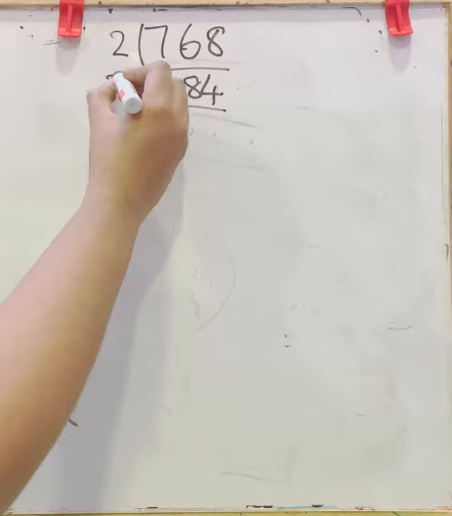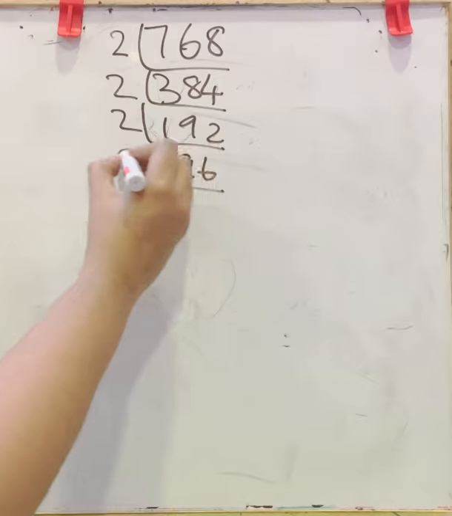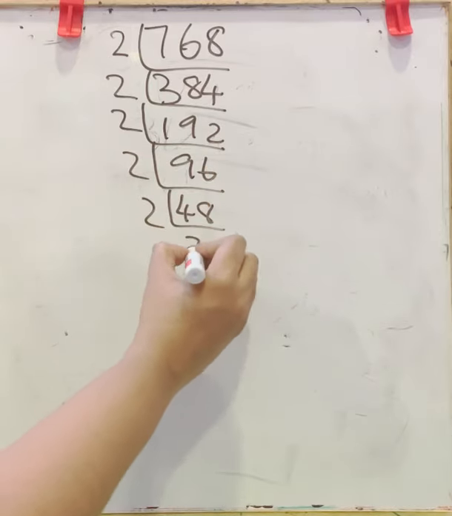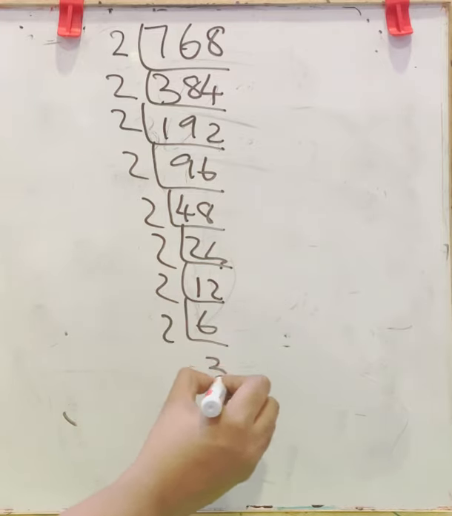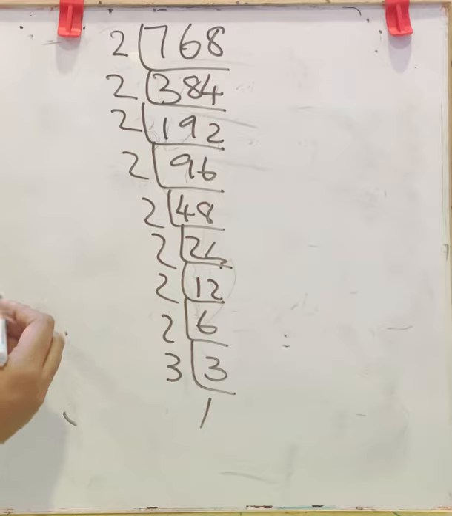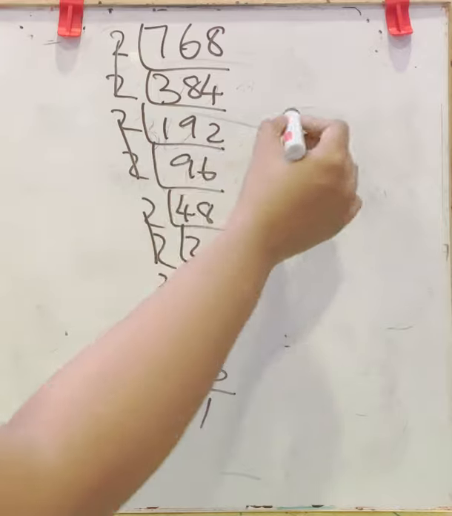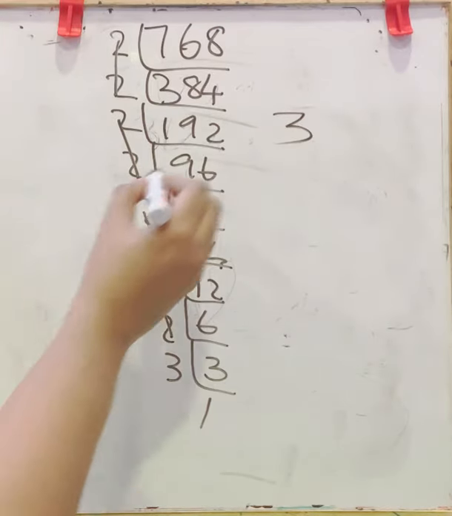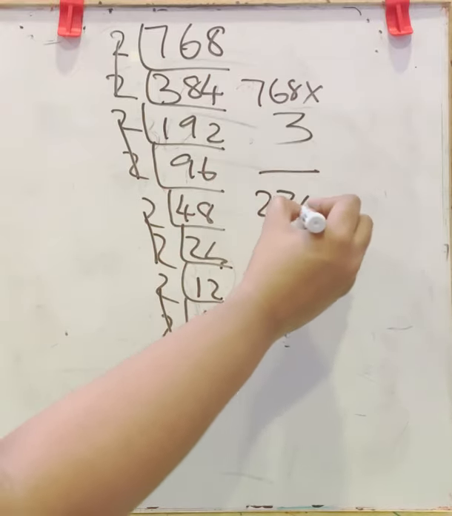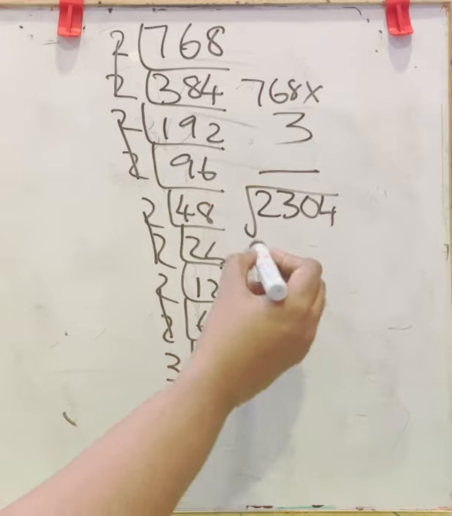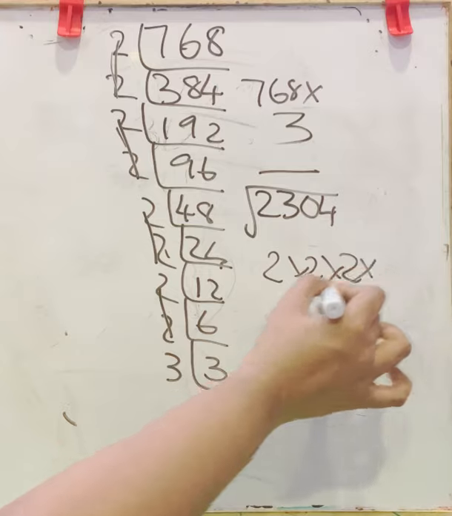2, 384, 2, 192, 2, 96, 2, 48, 2, 24, 2, 12, 2, 6, 2, 3, 3, 1. Pairing. You can see one 3 is missing a pair. So 3 should be multiplied to make it a perfect square. 768 into 3 is 2304. And the square root of 2304 will be, for this 2 into this 2 into, again 2 into this 2 into